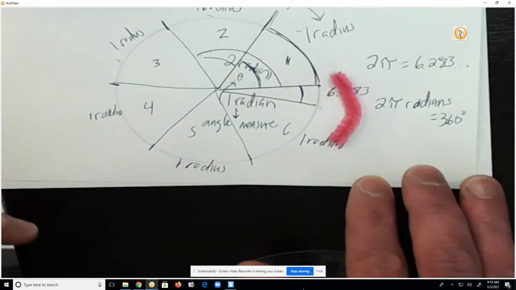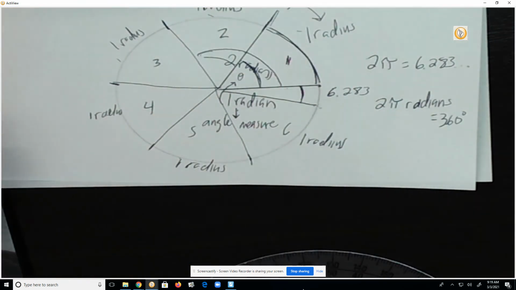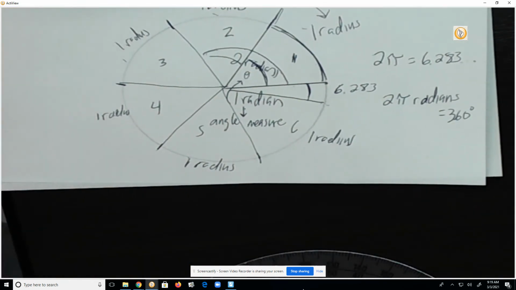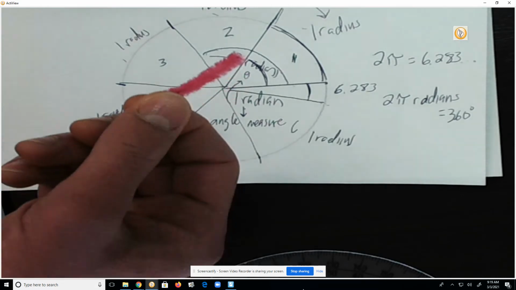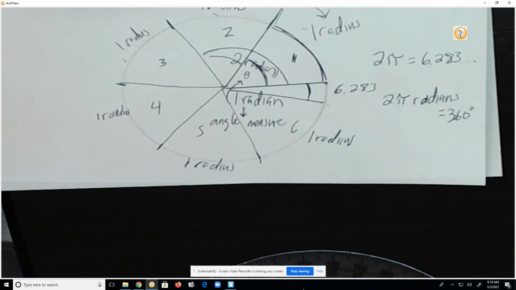All right, so to make that full revolution, that full circle, I have to go about 2 pi worth of these pipe cleaners. So 6.283 pipe cleaners give me my full circle. All right, so it's a big idea. Let me show you on this little